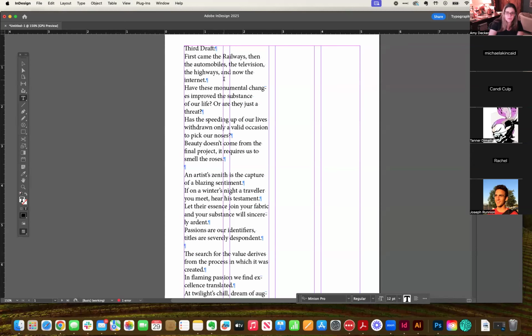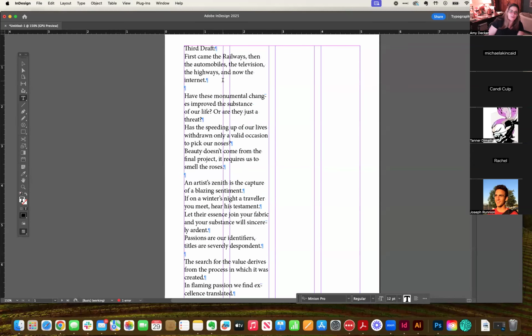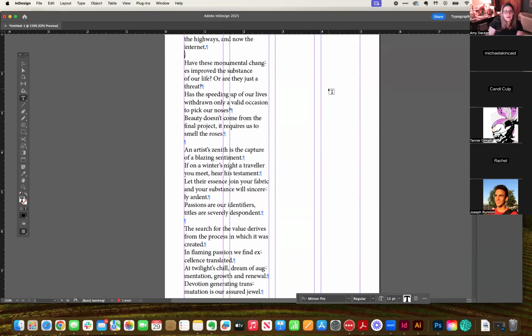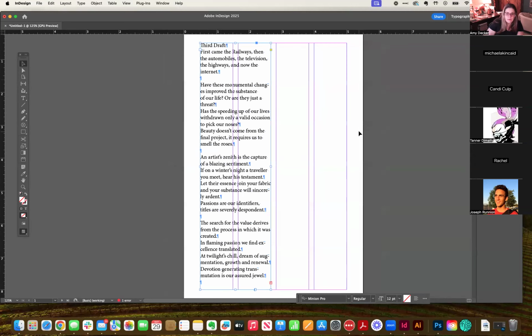So here's this hard return. I can do a second. If I did a second return, it shows it to me. Anything that I have added here, it'll show me those extra returns. So that's super handy. Now, in InDesign, notice how at the bottom of this box, this type frame, there's a